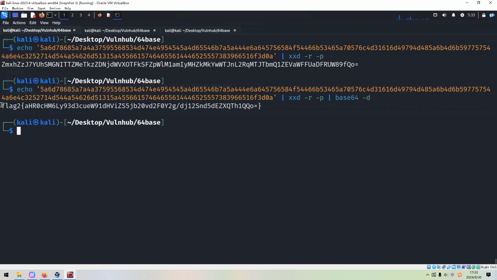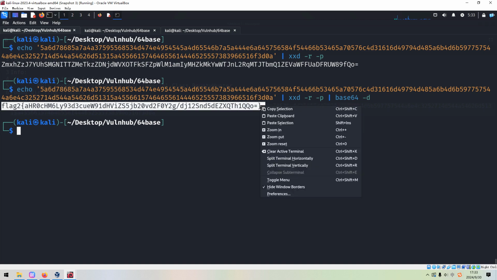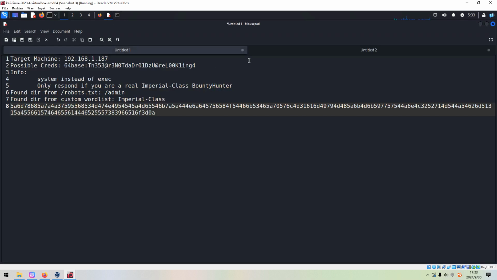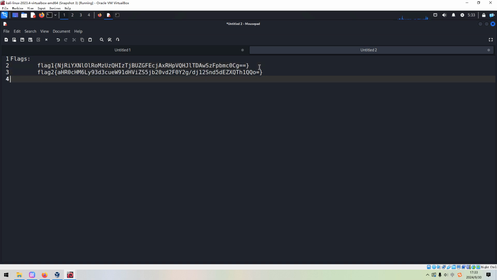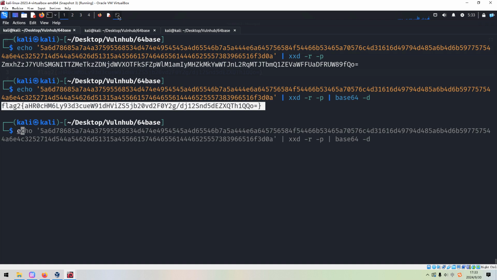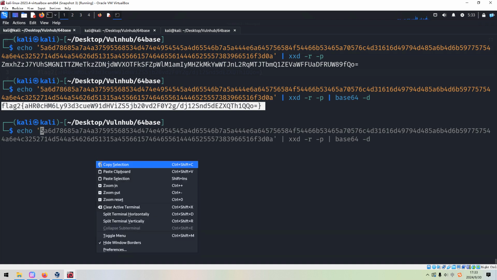We got the second flag. Fantastic, right? It means that we are on the right way to the destination. And inside the second flag, we need to decode the message again.